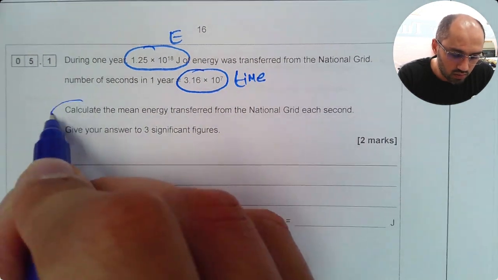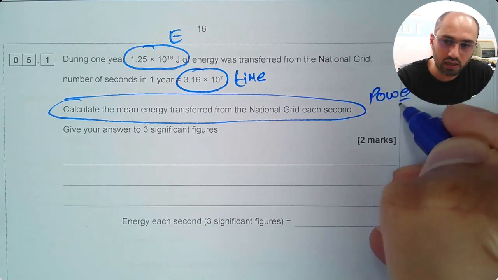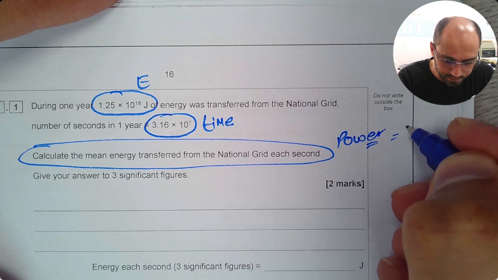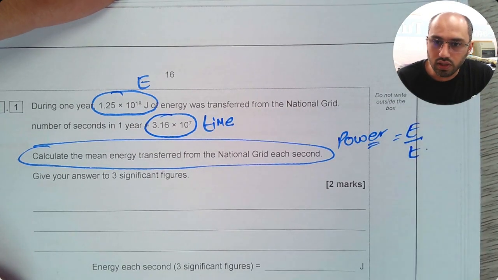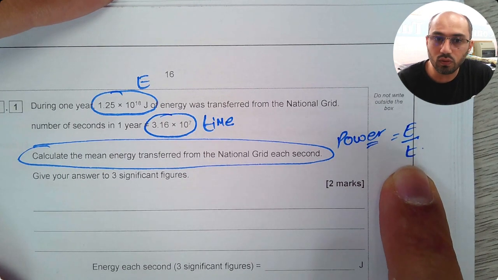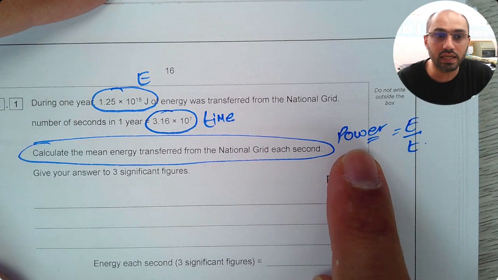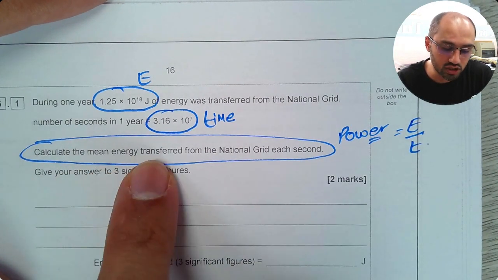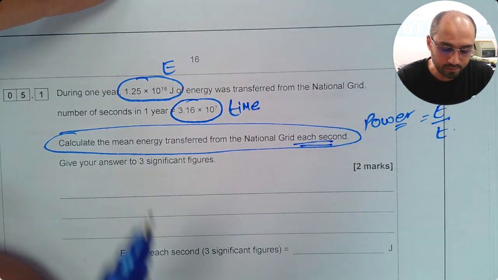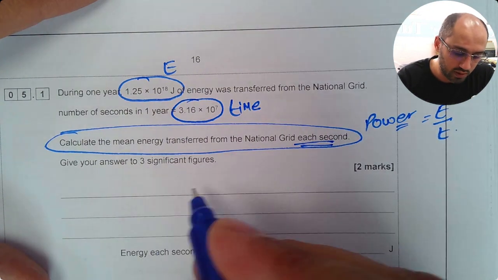Now this statement also means basically they're asking you about the power, because power is defined as energy per unit time. So this is the amount of energy that will get delivered in 1 second, and that's what we call power. So instead of using the word power, they are defining the same thing but in another way. So they're saying calculate the mean energy transferred from the national grid each second. Each second means I'll have to divide this value by this time, and that would be